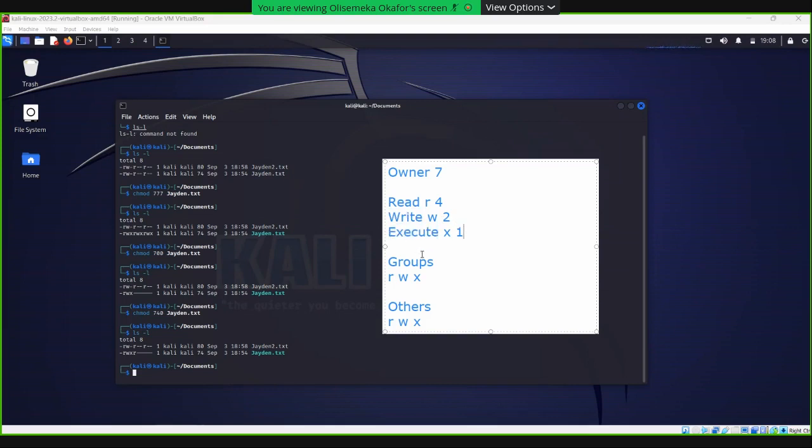Execute. Correct. So let's give another example. If the group's permission is 4, then what can they do? Because if there's 7, they can do it all. They can read, they can write, they can execute. But if there are only 4, then they can. If there are only 4, then they can what?